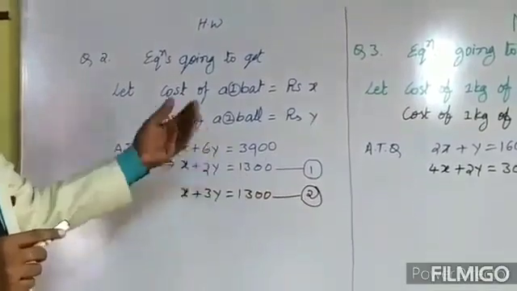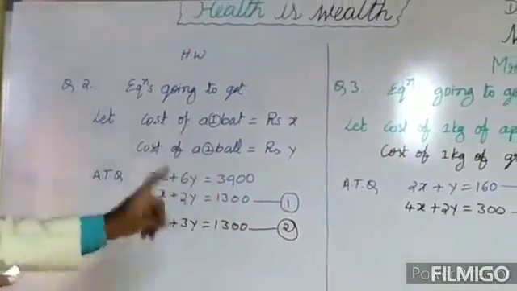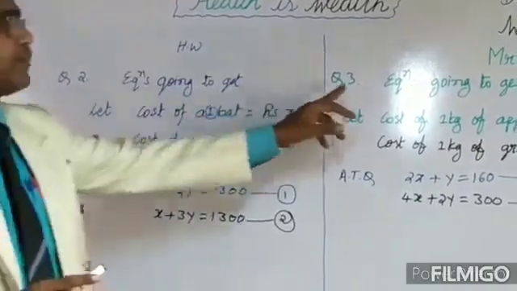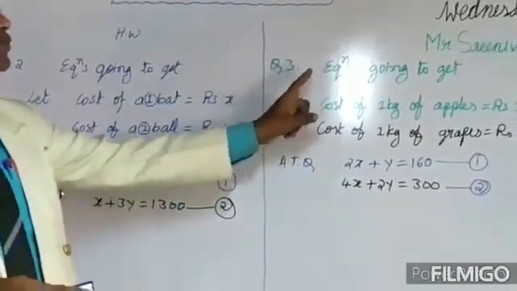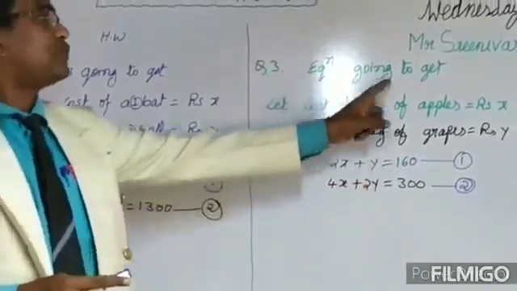You are going to find the coordinates like I did in question number 1. You are going to draw the graph. You will get the solution. Like this, question number 3 is also homework I am giving to you. For that also I am helping you on how to get the equations. These are the equations you are going to get.